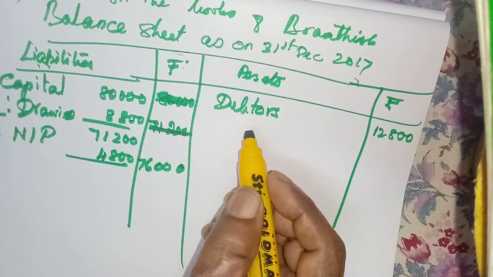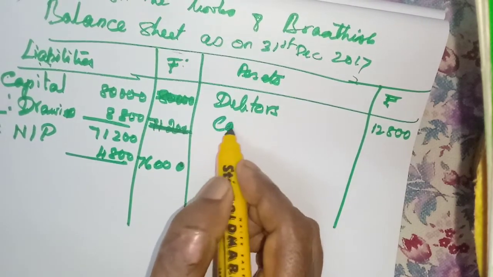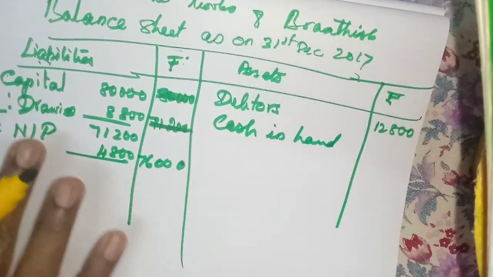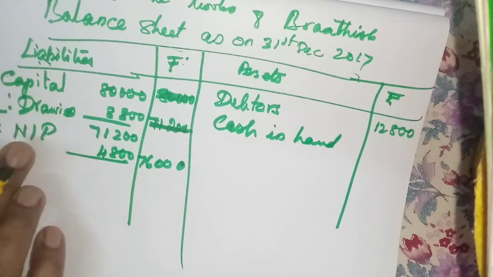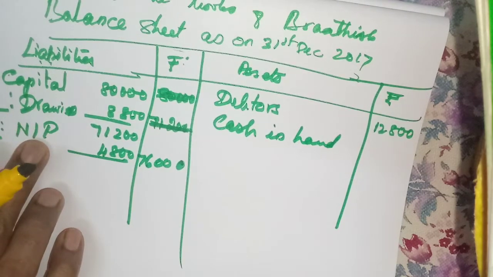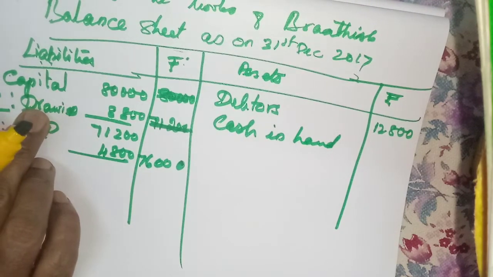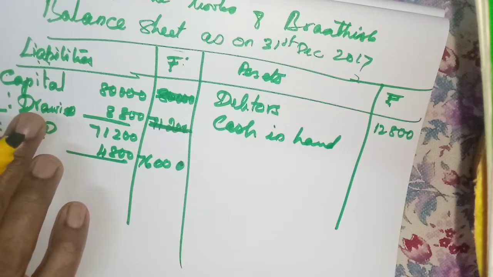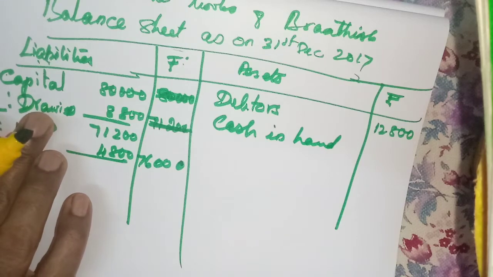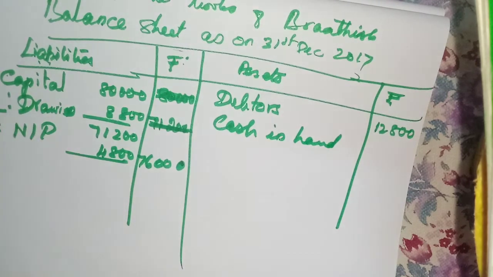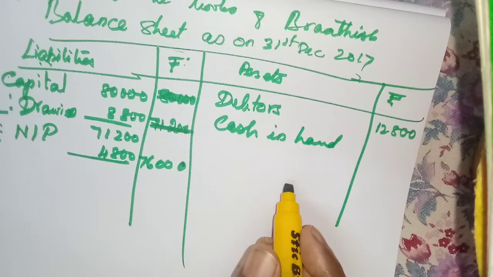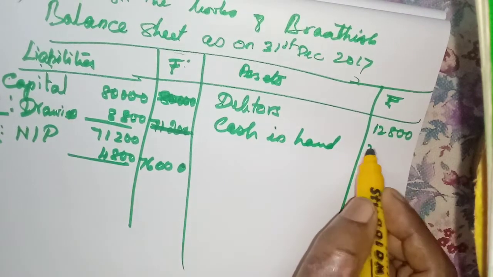Okay, then cash in hand. So this is the, when we write the capital, along with the capital, first you add the net profit, then you deduct the drawings. Okay, because all these adjustments we will learn in the next lesson. That's why I thought it will come there only. Okay, so in the same method only next lesson also we have to do. Now cash in hand 20,000.